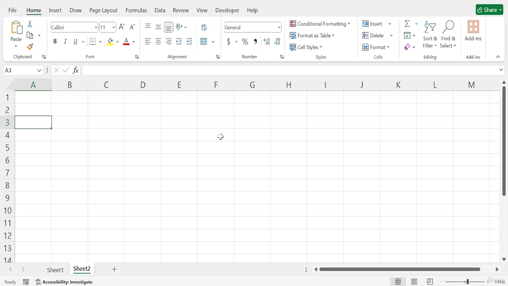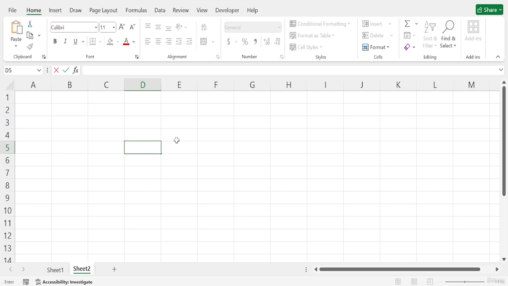At first, I want to share some information: Excel allows you to perform mathematical operations using simple symbols called operators. As we know from our school life, there is a plus sign and a minus sign, and for multiplication, Excel uses this wildcard sign, and for division, Excel uses this sign.